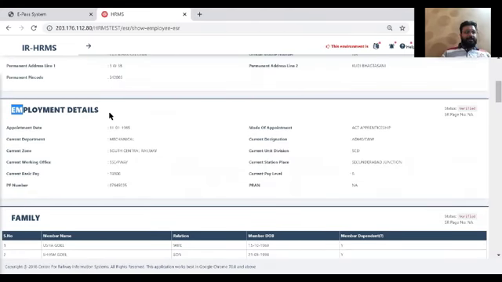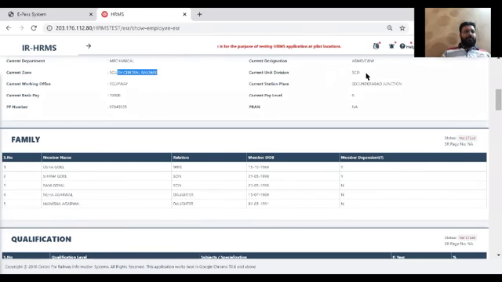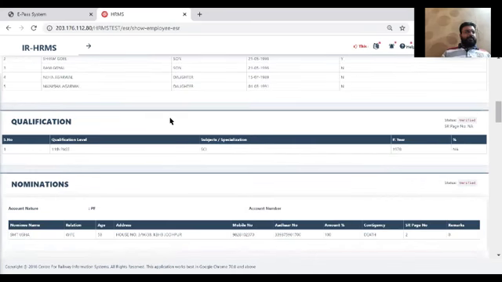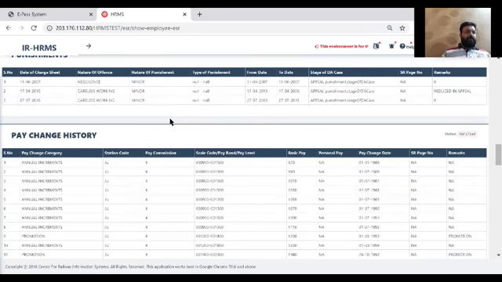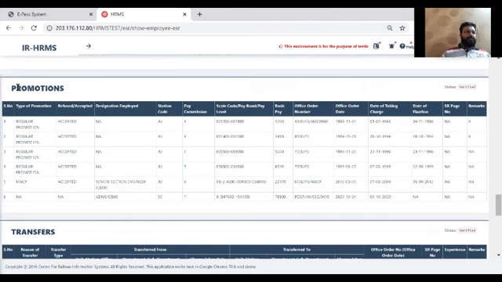In employment detail, we have transferred them. The new designation is updated now. The new zone is updated now. The new division is updated now. Station is Secunderabad. Working office has changed from CWM office Jodhpur to SSCPV office Secunderabad. Now we'll come down to the transfer and promotion tab. So in the promotion tab, we have a promotion from SSE to ADME CNW. The previous promotion was there. Now it is promoted to ADME. This is the label, the station code.